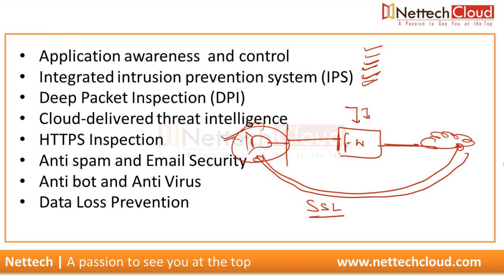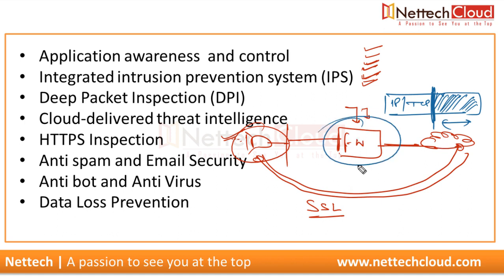Why? Because if end-to-end encryption is there, that means only the layer 3 and 4 headers will be in plain text. What about this data? Encrypted, right? And if the firewall doesn't have the decryption key, it means the data cannot be decrypted by the firewall, so there is no point in doing examination. I mean, there's no point in checking for any known or unknown virus threat or any malicious code inside it. At first place, there should be a